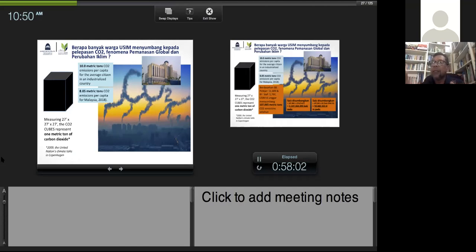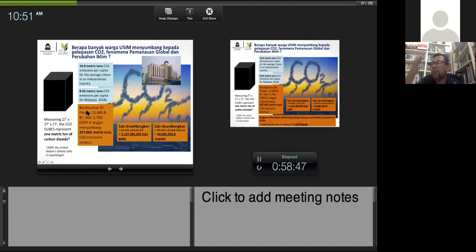The measure of 1 metric ton of carbon is equivalent, I think, to the size of the Kaaba, approximately 27 feet by 37 feet and 30 feet. If you can visualize it, 1 metric ton is equivalent to this. And just imagine, I contribute this much in a month to the atmosphere, 1 metric ton. Just to visualize, so that later in our decisions we are not unconcerned about this carbon footprint.